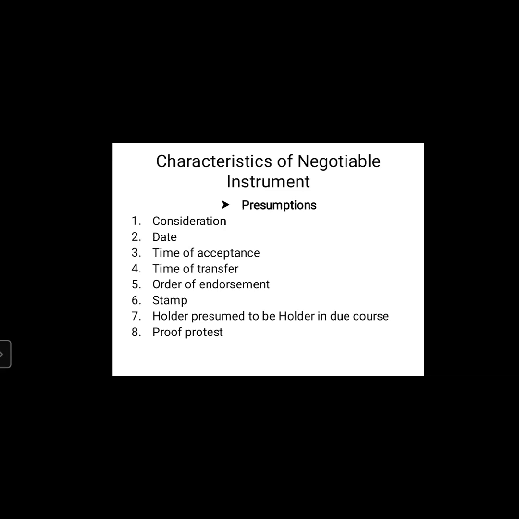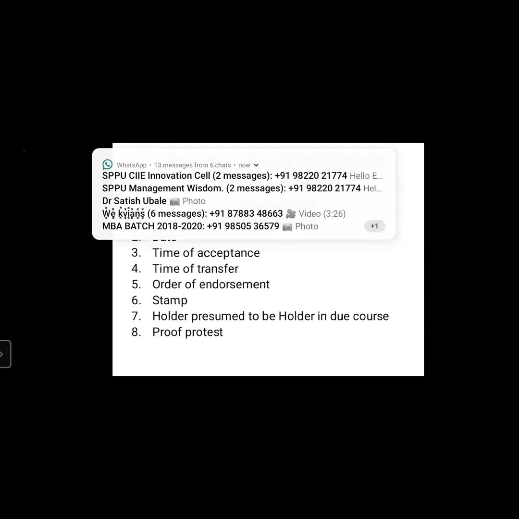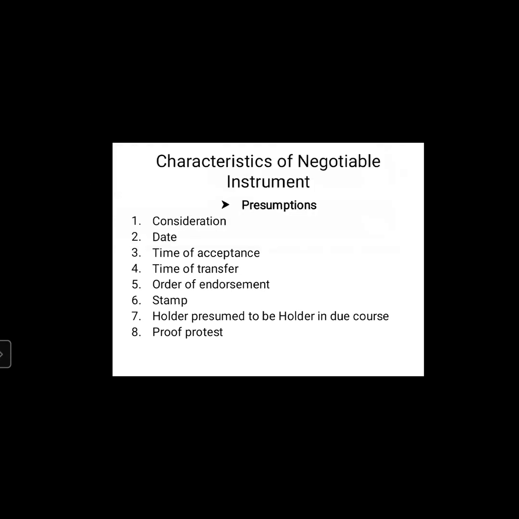Now 3 types of negotiable instruments we will be discussing. First one is promissory note, then the bill of exchange, and the last one is check. These 3 important ones we will be taking up for discussion because they are included in the syllabus. Rest various are there, but we will not be discussing those. So if your promissory note is not accepted, what options, what rights are available, that we will be discussing there. Proof protest covers under which conditions your negotiable instrument, it can be promissory note, bill of exchange, or a check,